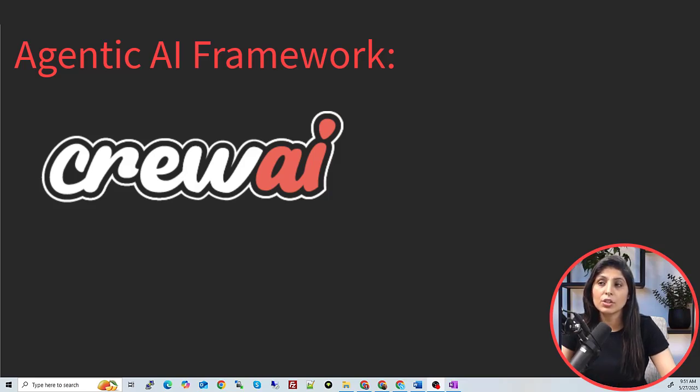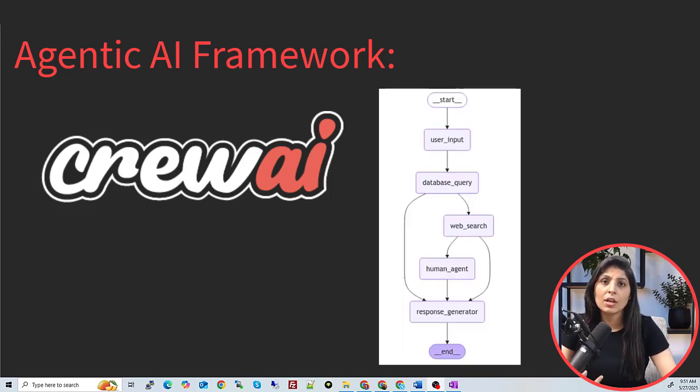So guys, in my last video we learned how to build agentic AI apps using LangGraph. We saw how to create both single agent and multi-agent applications. But in LangGraph we have to design everything step by step. So we create a flowchart like this, right? We decide how agents will connect, we decide how data moves and how each part works.